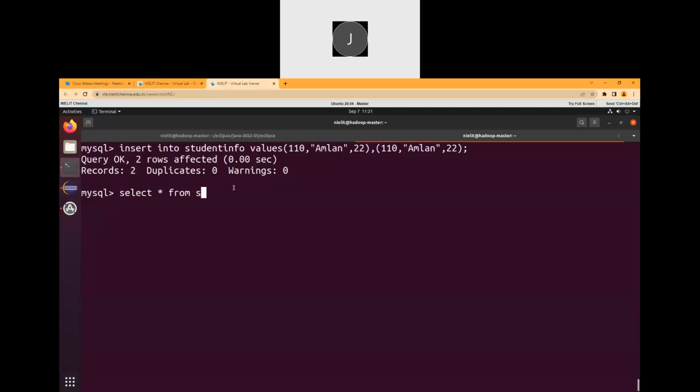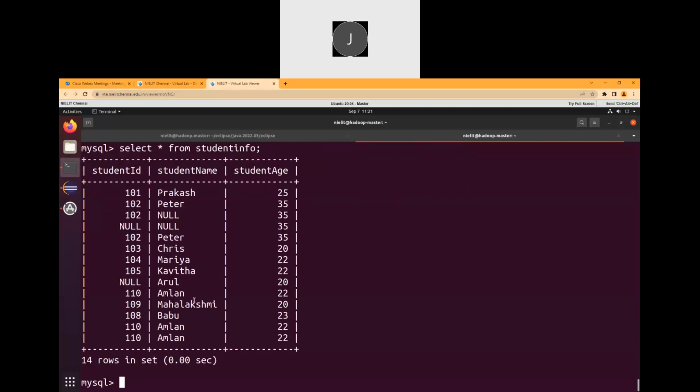We select star from student info. It is giving all the added records, but it didn't say anything about a duplicate. And I don't know what the duplicate is. I will check it and let you know. Okay, so this is one way, and